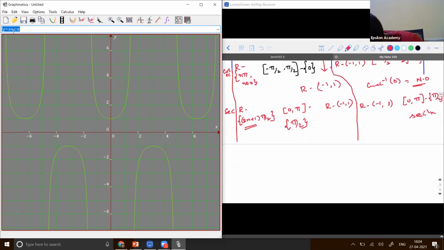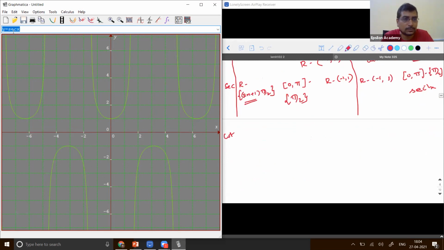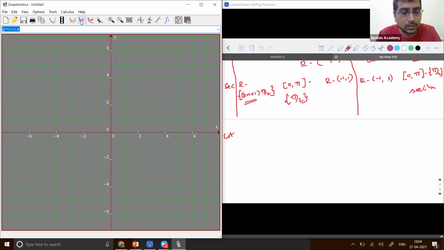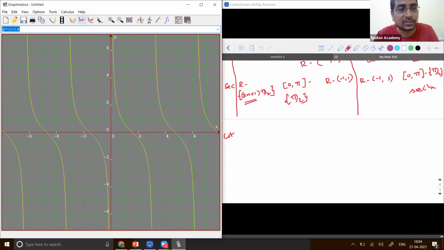The last function is cot. So what is cot? Reciprocal of tan. So how to find the domain? Guys, make it pretty fast now. So what is the domain? I'll get any real number. I can substitute any real number except